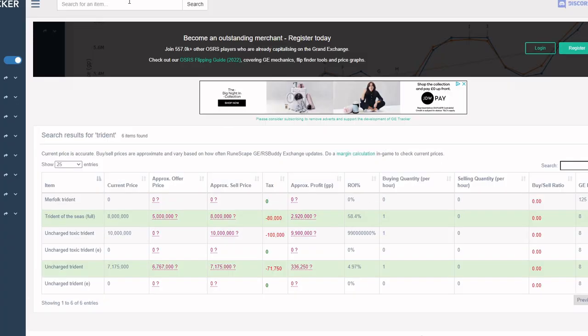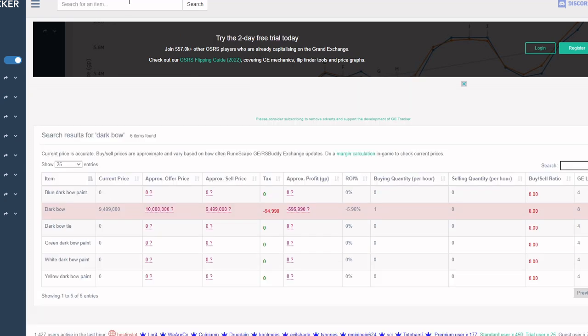I always like to show you the good money makers as I find them and come across them. At the start, crafting was crazy money. Since then, herb laws have become very profitable, and now it seems that Slayer is hugely profitable. Look at these prices. Trident, 7 to 8 million each. Darkbow, 10 million GP. Occult,